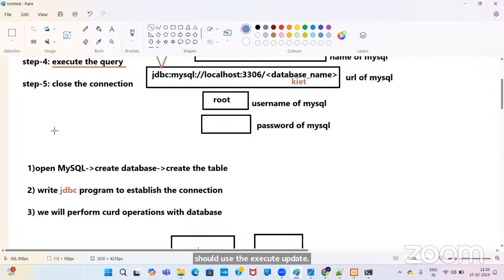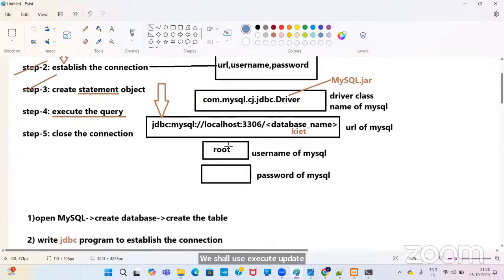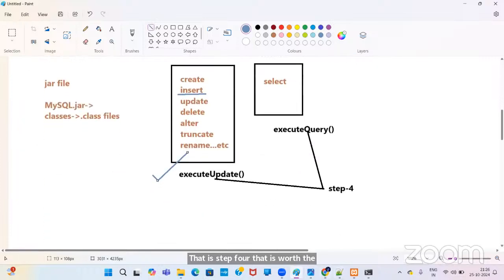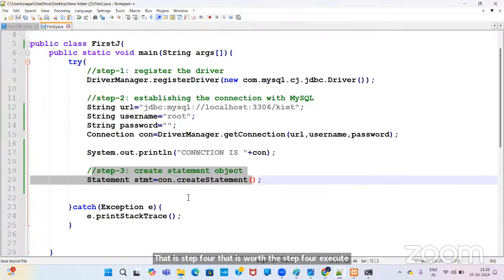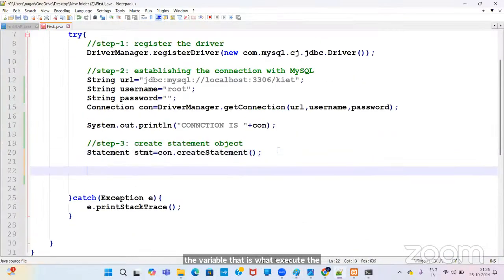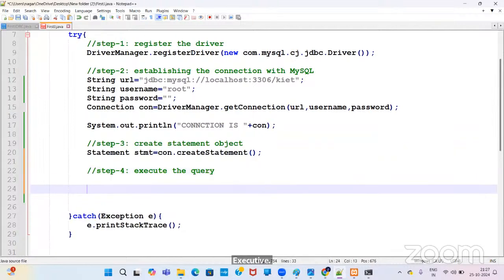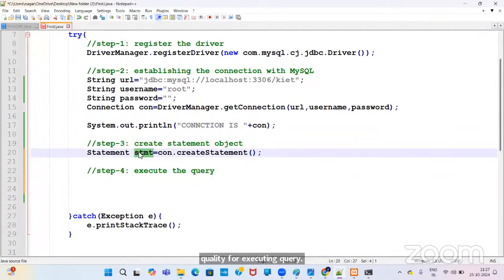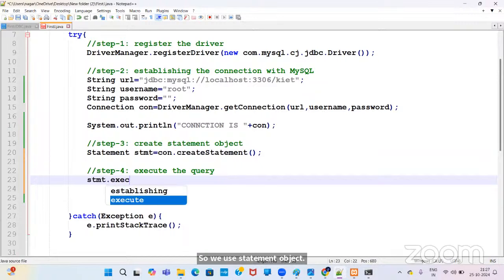That is step four, execute the query. So I am writing step four: execute the query. For executing the query, we use the statement object dot execute